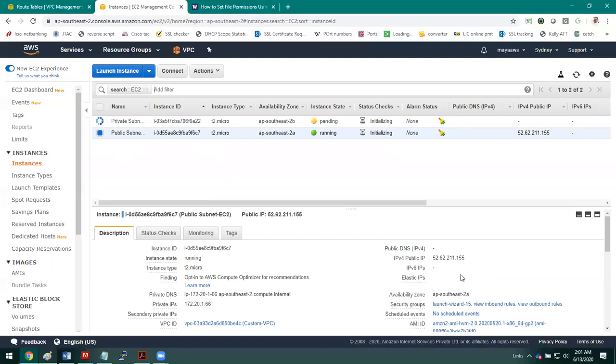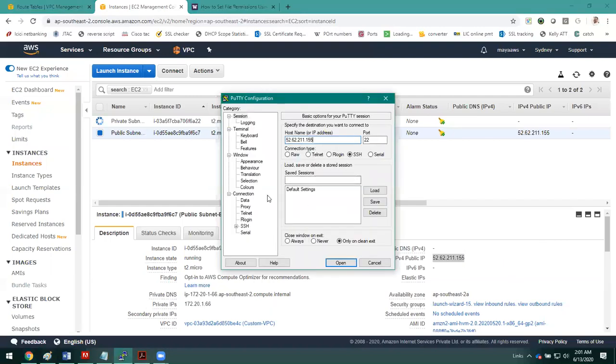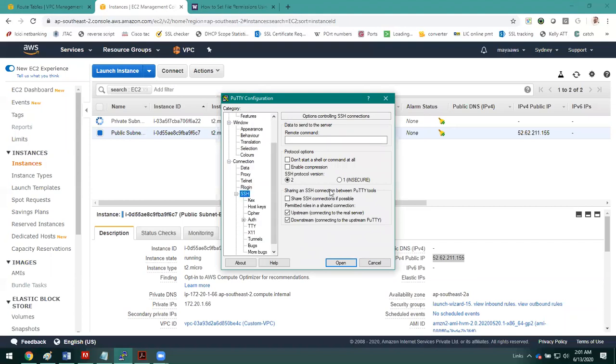Okay, so this is my EC2 instance in the public subnet. Let me use PuTTY to access the machine. Specify the PPK file.